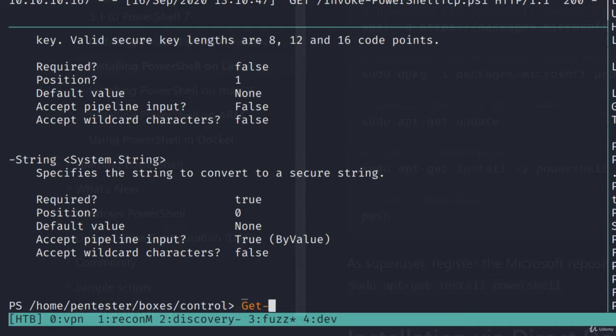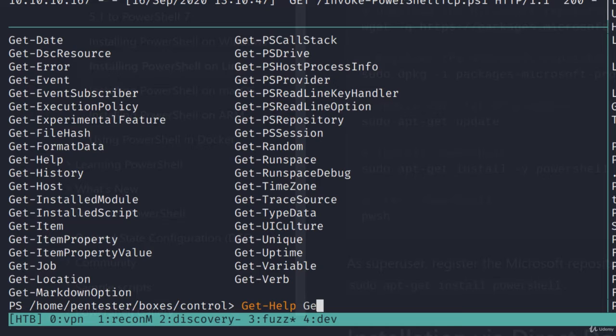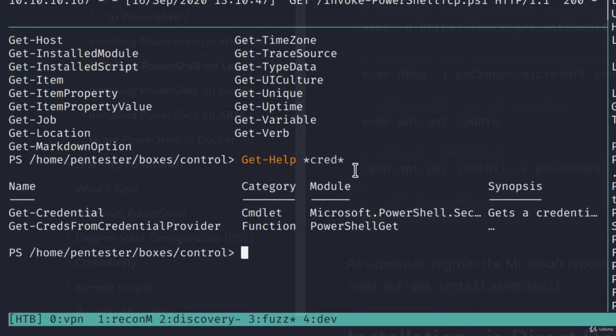Git help. PS git. Let's just do credential. You can see there's a git credential commandlet. So if I do git help git credential parameter star,